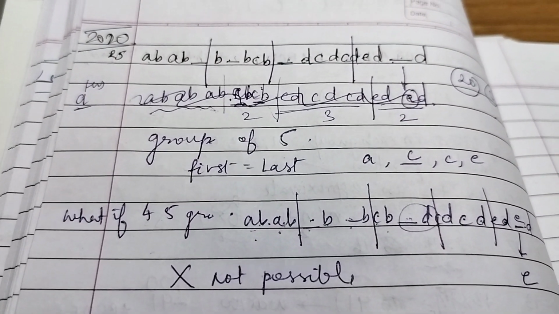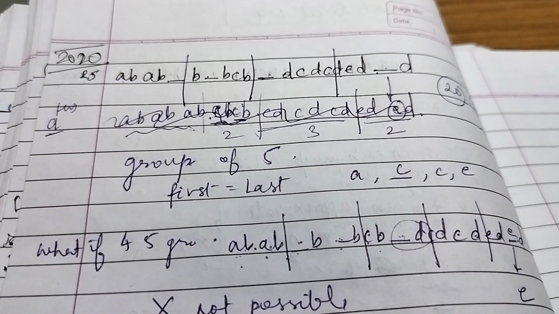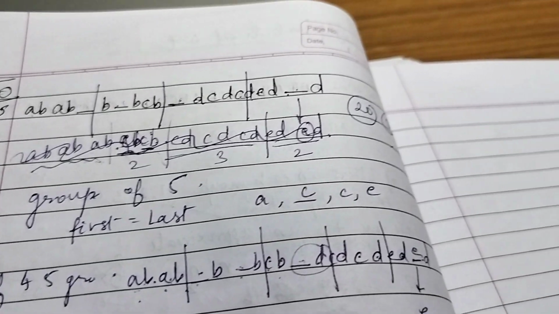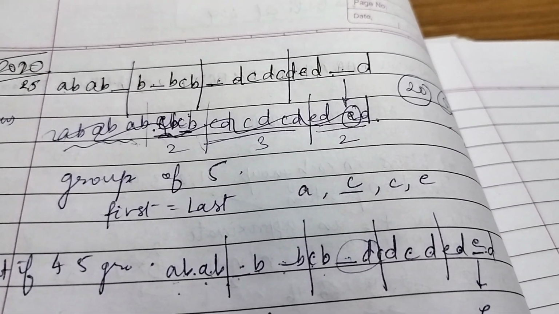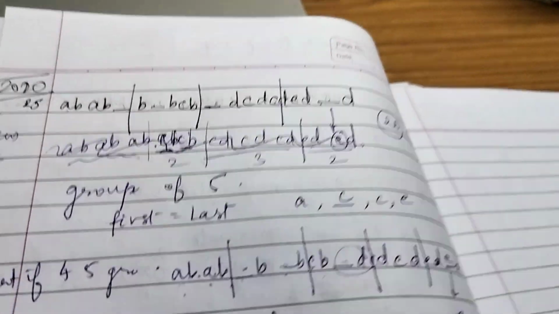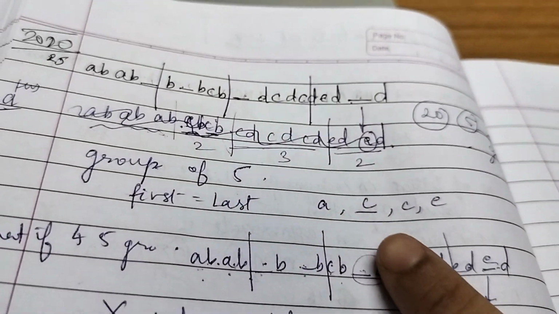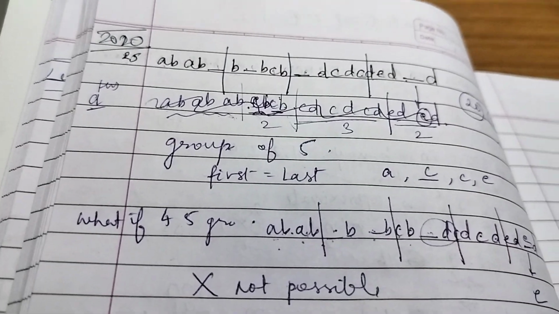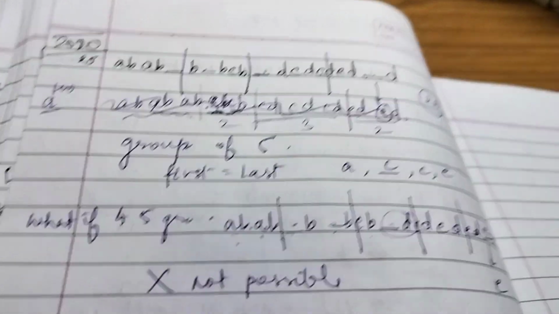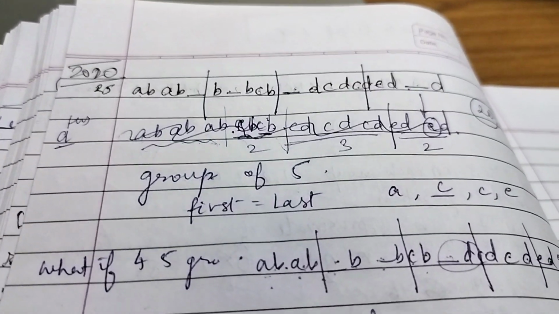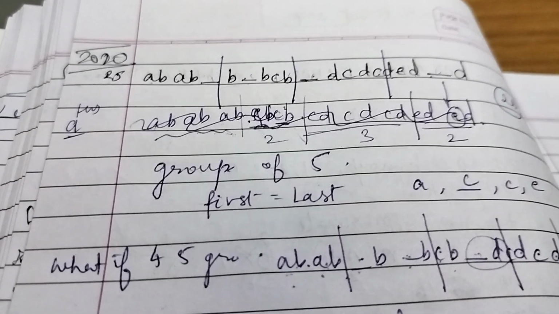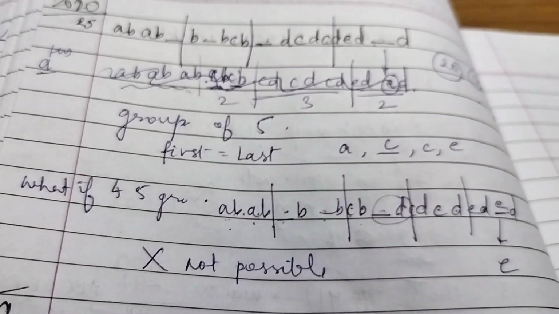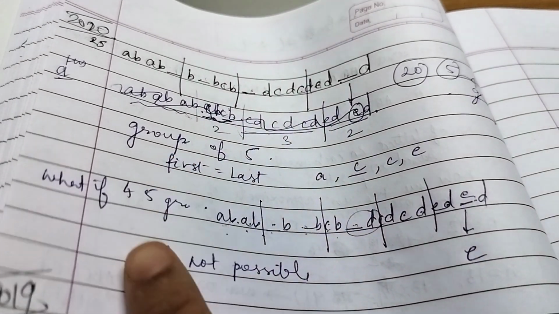And yeah, that's pretty much it. And then I think I substituted the options, and then I found the answer, and it was pretty easy. Only grouping it into 5 was the thing, and figuring out that the first and last alphabets in the group were the same. Now, if I would have done it into 4 groups, then let's say